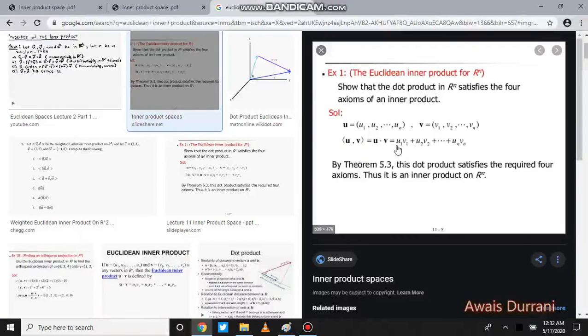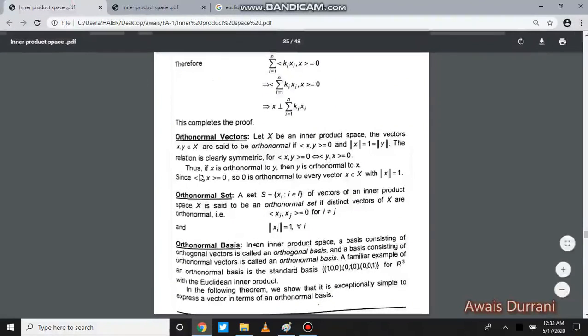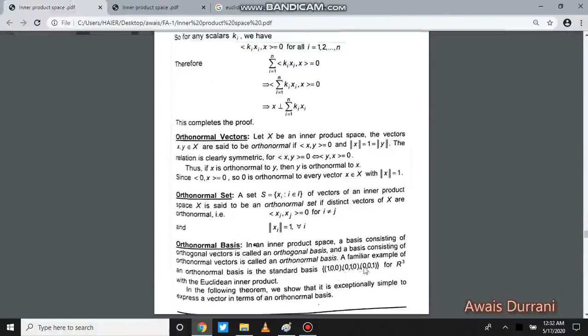So if you multiply the elements of the given basis in this format under the dot product, then obviously you will get the answer as 0. This means that for every two elements of this set, when you multiply them under the dot product or the given Euclidean inner product, their inner product will become equal to 0, of course.